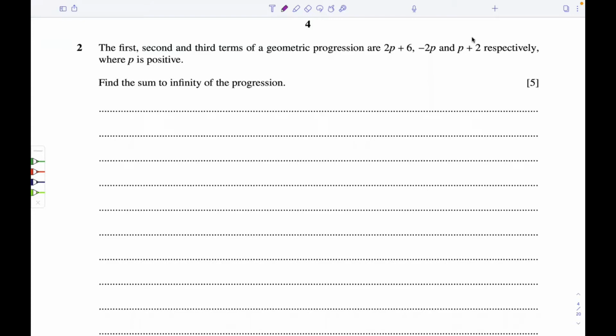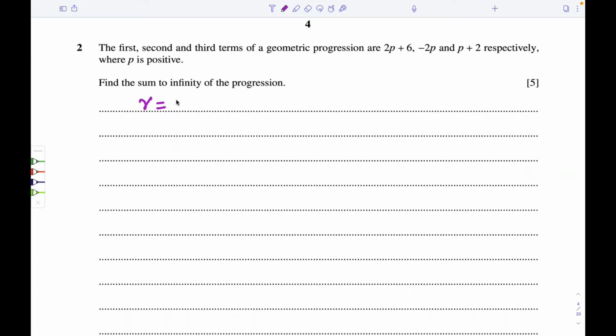In this question, we have three geometric terms, 2p plus 6, minus 2p, and p plus 2, where p is positive. We have to find the sum to infinity of the progression. Now, what we know about the common ratio of a geometric progression is that to find the common ratio, we